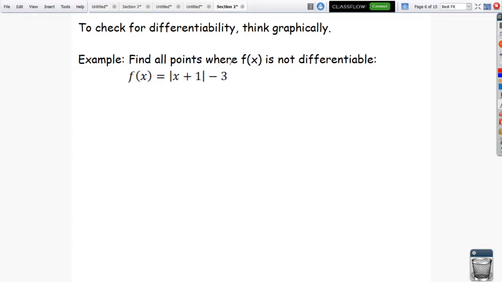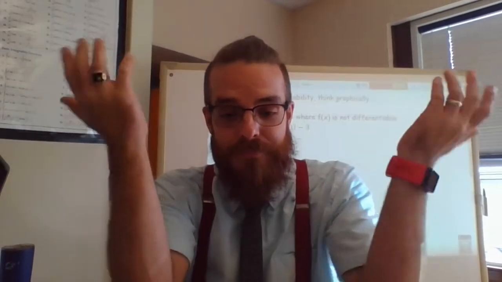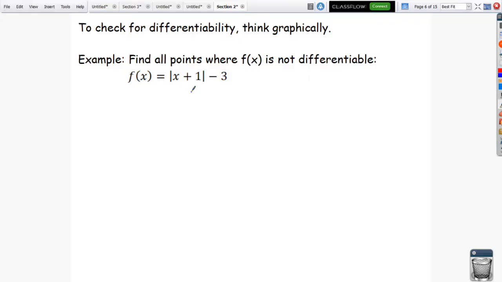Now what we have to check for differentiability. Okay, this one's pretty simple. I see my absolute value symbol, right? I know what a graph of an absolute value looks like. My graph of my absolute value is going to look like that. So I know that there's going to be a corner somewhere here. Where the corner exists is going to be a little bit of an art form. I remember how absolute values work from Algebra 2. The corner is going to be wherever the interior of the absolute value brackets is 0. So when x equals -1,